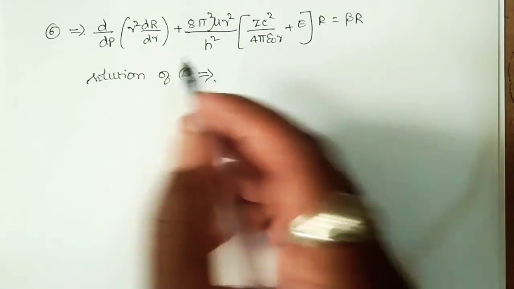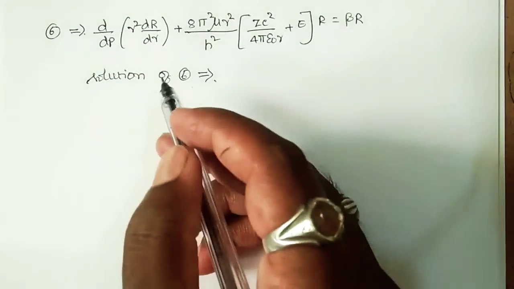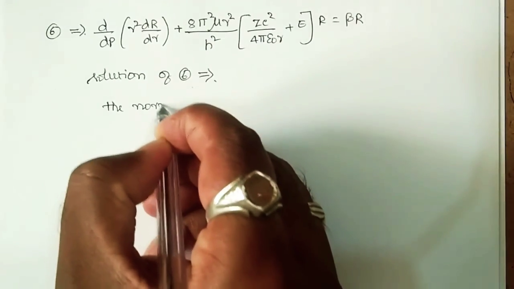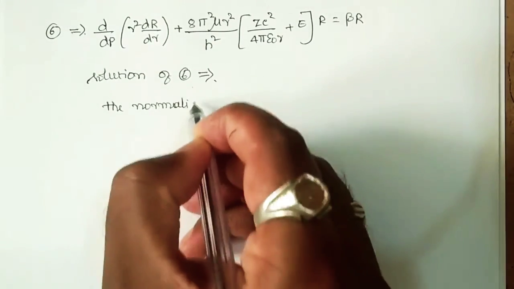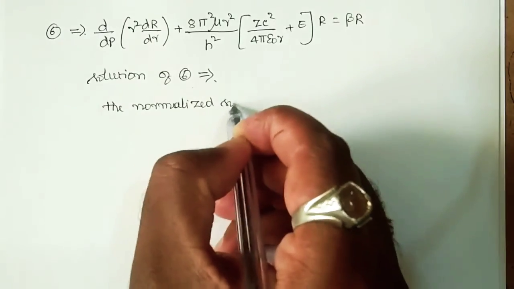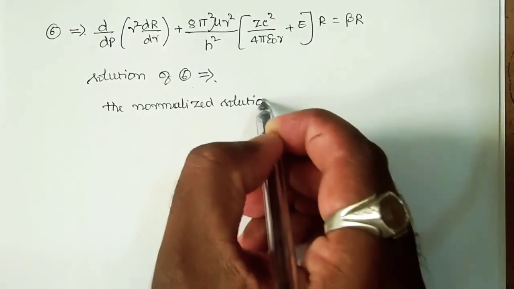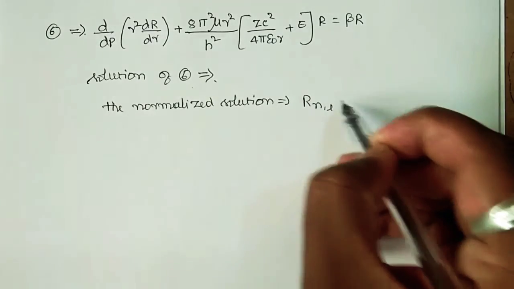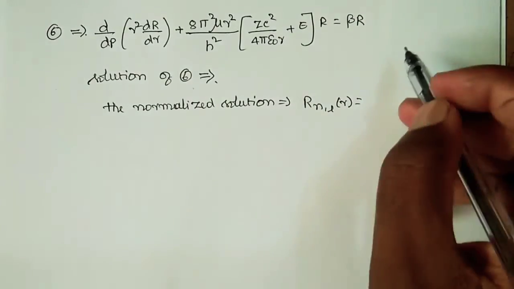Strictly speaking, the normalized solution of this equation number 6 will be R n l of r, that's equals to